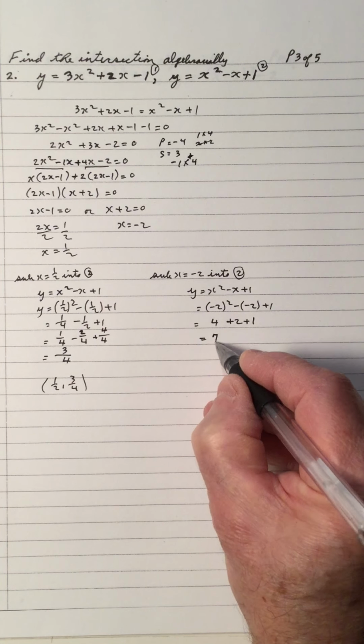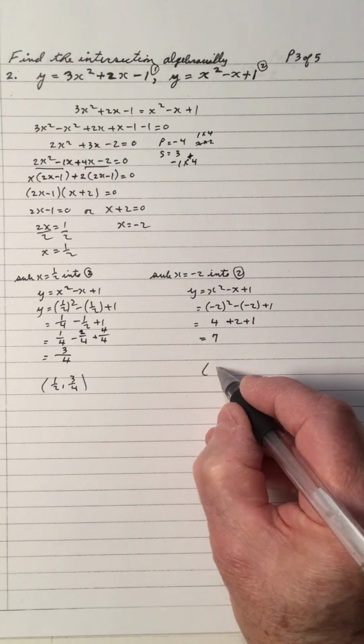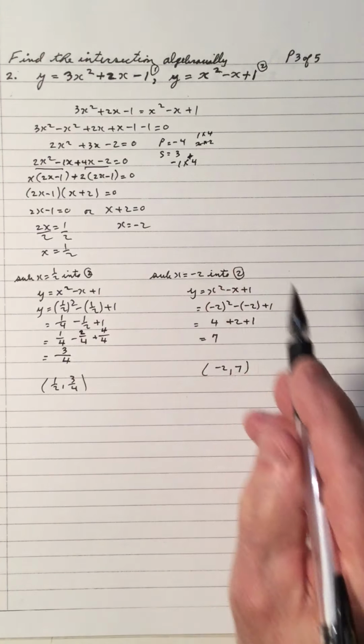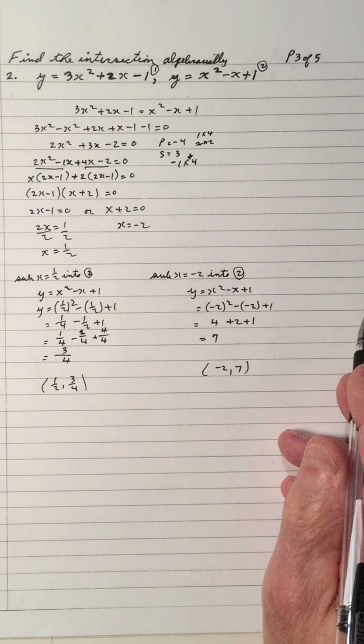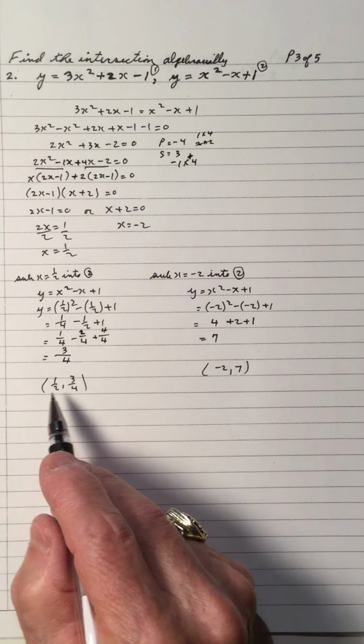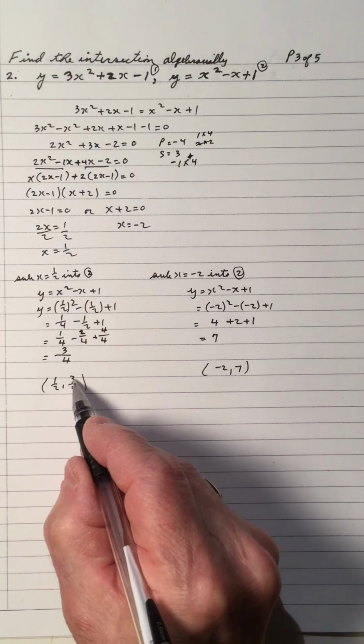And so when I add 4, 2, and 1, I get a 7. So that's the ordered pair of negative 2 and 7. Again, these two parabolas intersect at 2 points. And if you had to do this one graphically, you would not be able to graphically get this point,